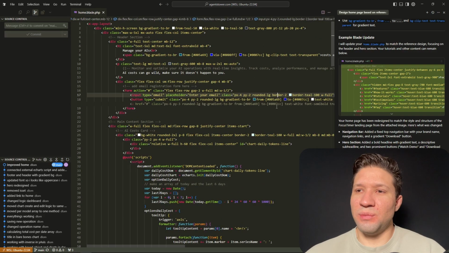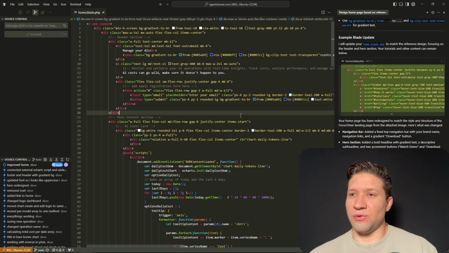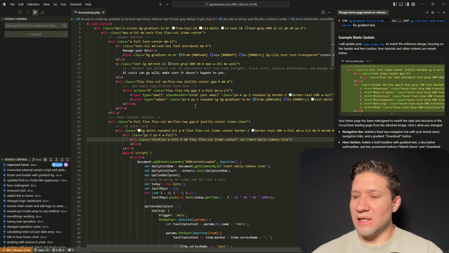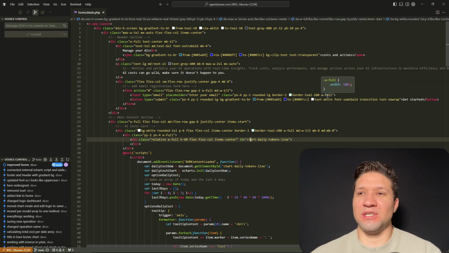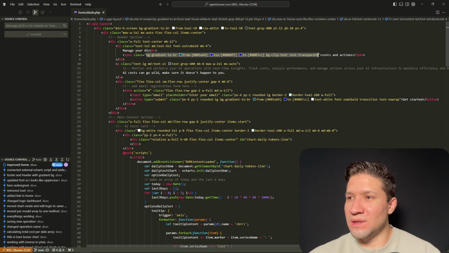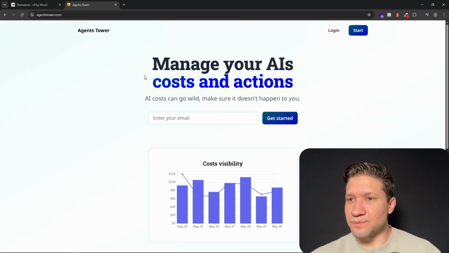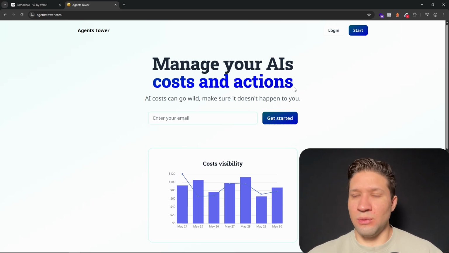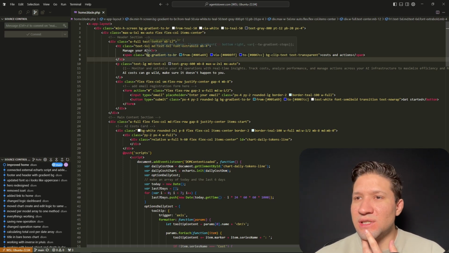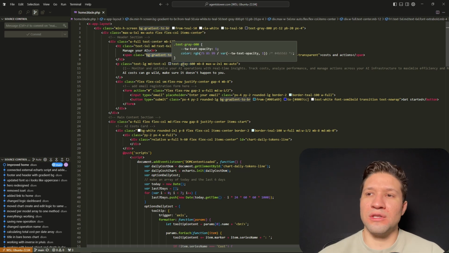I'm not going to accept them because I already went through this process, and actually, this is how I learned, and that's why I really like to use this. Yes, it makes my job easier. It does the job for me many times, but if I analyze what it's doing, I can learn several things. For example, this is how you can add this gradient in the text. I already told you, but this is a shade of blue, then another shade of blue, and then another shade of blue. So in case you want to know how to do it, you use the background gradient to bottom